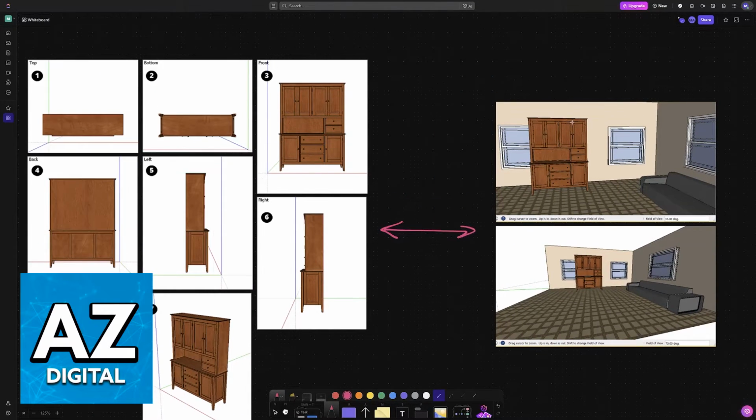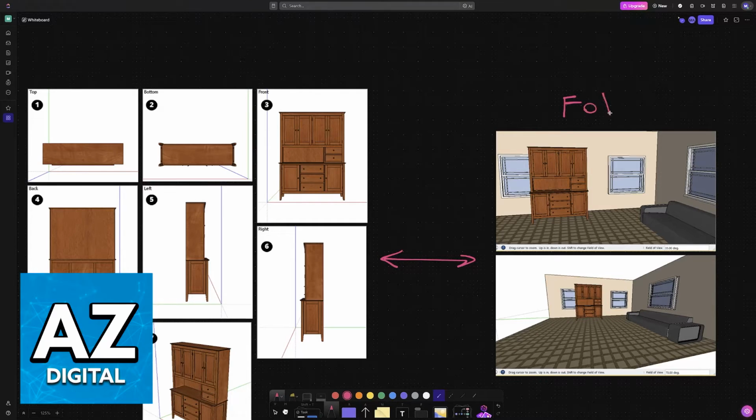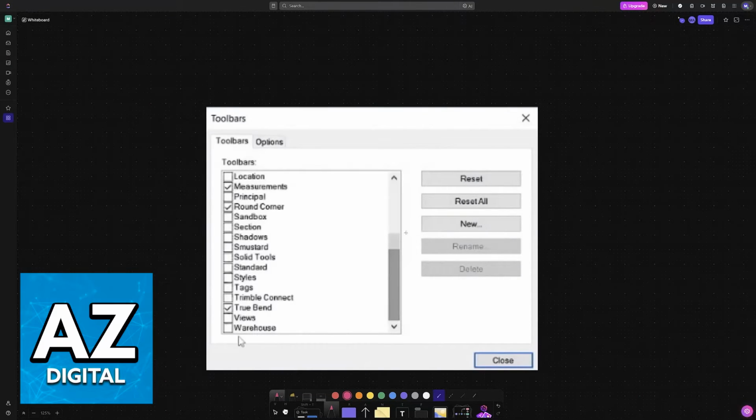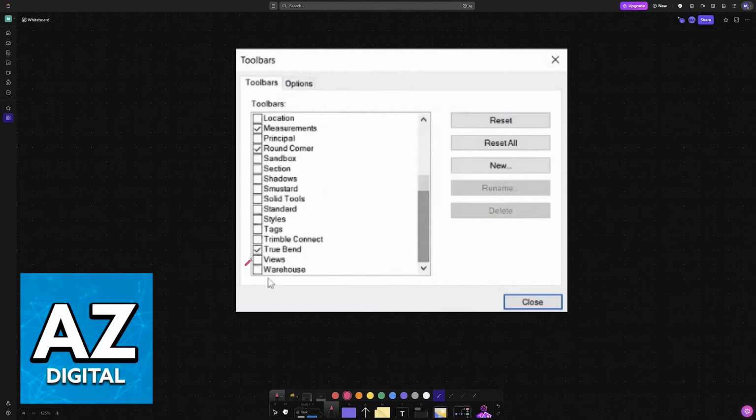project that you have. So you will be able to change the field of view, you can change the actual positioning, and if you don't want to use one of these preset positions, you can drag the camera to a specific position yourself manually. So all that you have to do to access all of these options is first, under the toolbars, make sure that views are enabled. So enable this option under the toolbars.